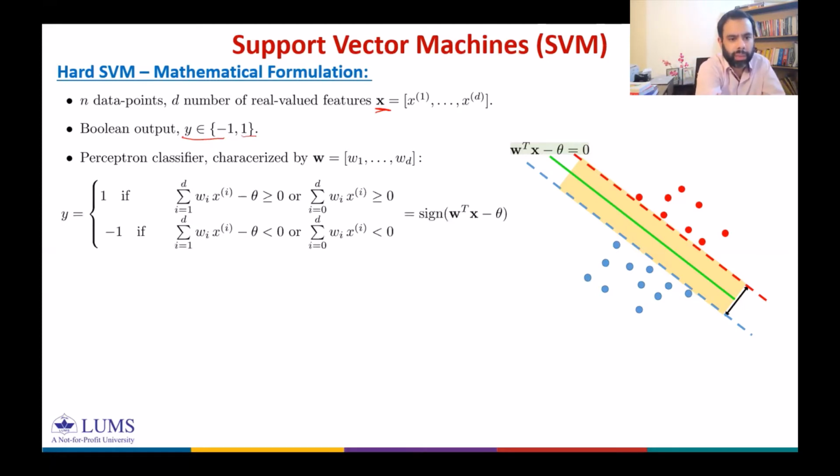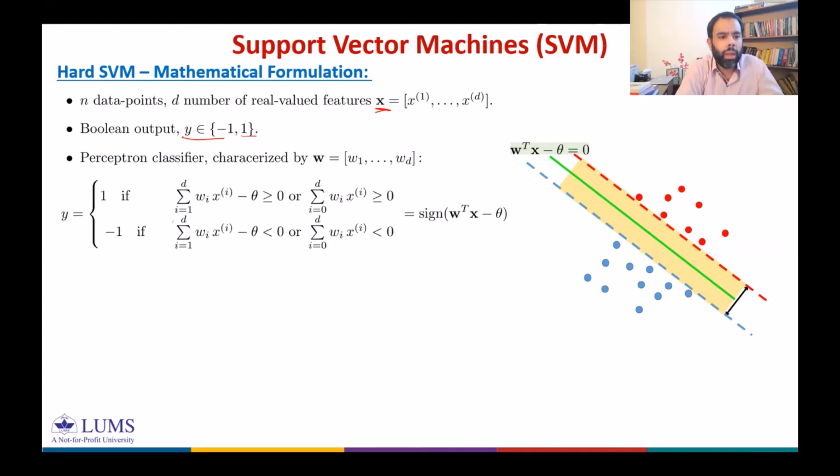If the weighted sum of inputs is greater than theta, the output is 1. If the weighted sum of input is less than theta, the output is -1. And we could compactly express this as sign of inner product W transpose X minus theta, right? So that was a perceptron classifier, or that's the separating hyperplane in the feature space,